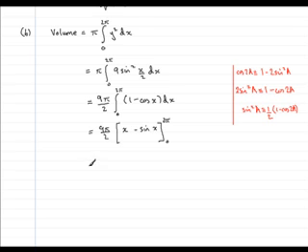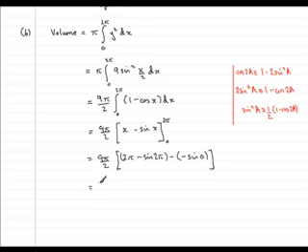Substituting the limits in, we have 9 pi over 2 at the front, and so we have, first of all, putting x as 2 pi, we have 2 pi minus the sine of 2 pi. Let's put that in brackets there. Then we put the 0 through, so minus, put the 0 through, that's going to be 0, so I won't bother putting that in, and minus the sine of 0, so I put minus sine 0. Okay,